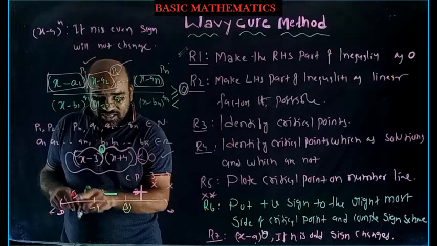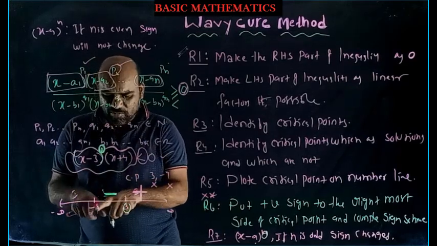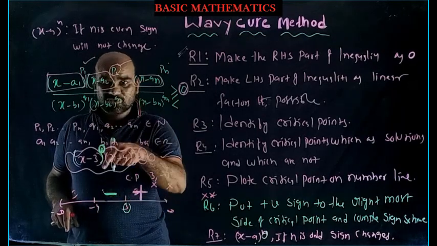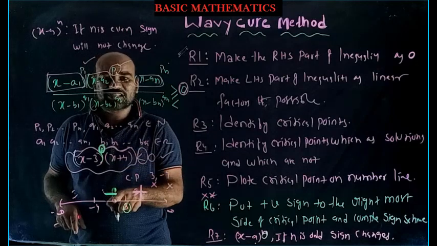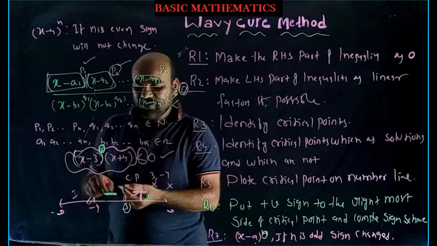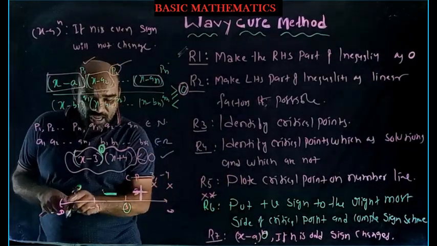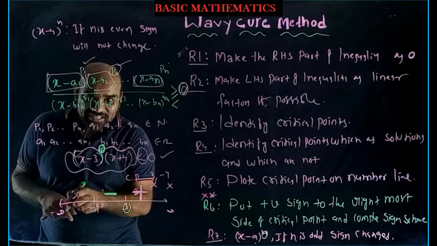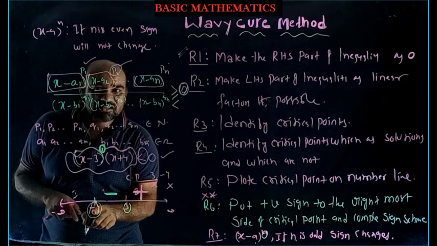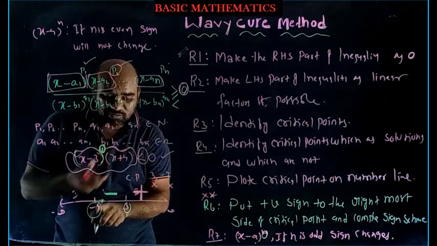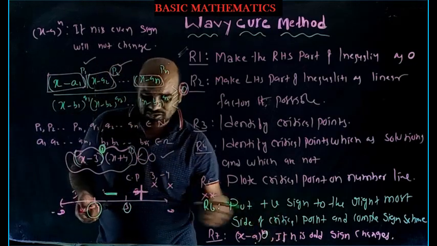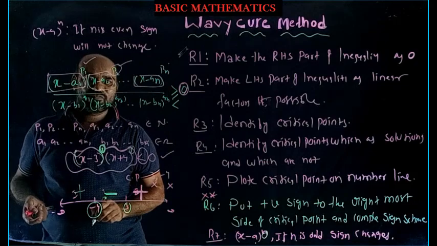So what happens in this area, from minus 4 to 3? Actually, we should take any value of x between minus 4 and 3, substitute it, identify what happened to the sign, and write that sign here. But the method says you can directly write the sign without finding values and substituting. Either it carries minus or plus depending upon the exponent of x plus 4. This is the zero of the polynomial x plus 4. The exponent of x plus 4 is 1, which is odd, so the sign will change: minus after plus.